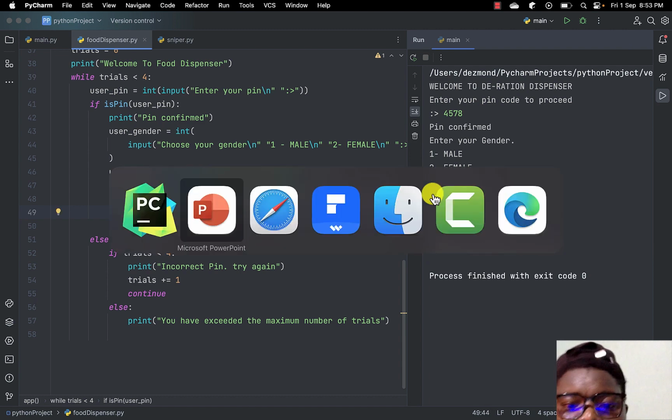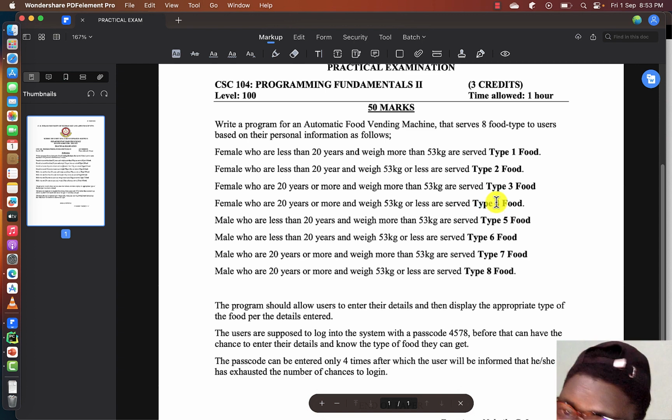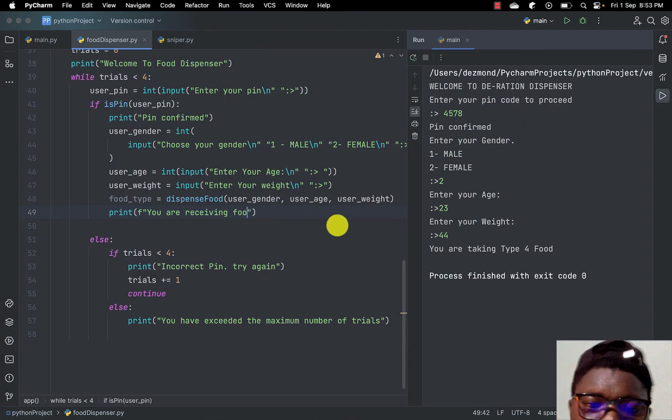So I said you are receiving food. In this case, I want to check how master phrases statement. So in this case, food type 4. Okay, so it's going to be food, then the number assigned there. So type 4, food type 1, type 3. So I'm going to do the same thing. So you are receiving type